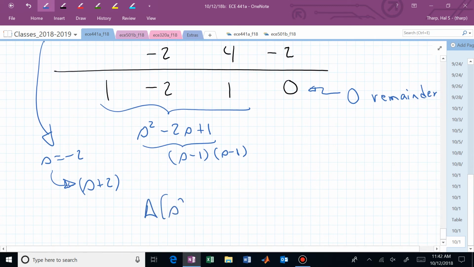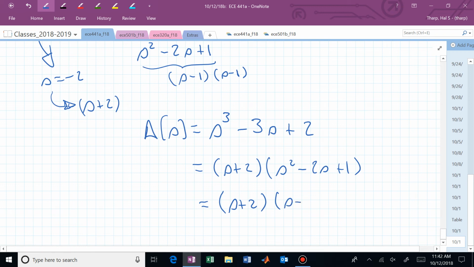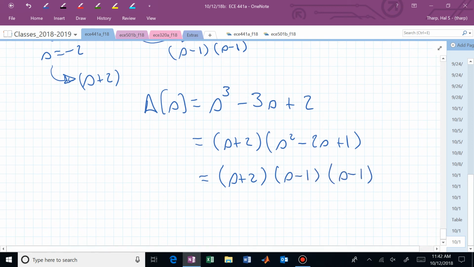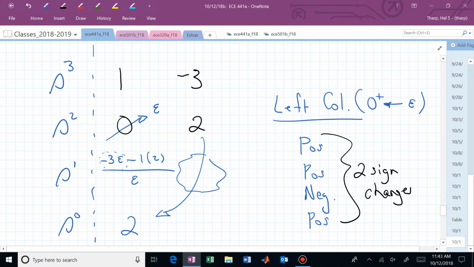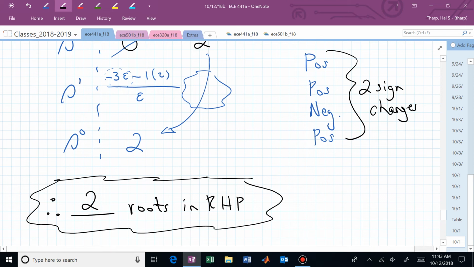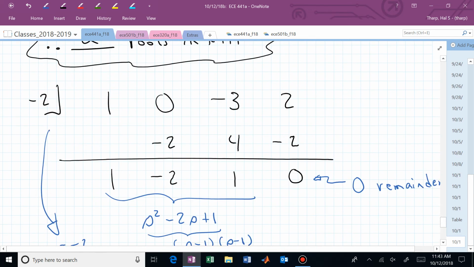Now we can see that the original polynomial, s cubed minus 3s plus 2, is in fact factored as s plus 2 times s squared minus 2s plus 1, or s plus 2, s minus 1, s minus 1. There are two roots that are positive, and now we've found where those positive roots are located. We didn't have to do that. We just did that for some extra information. We were able to conclude from the Routh array that we did have two roots in the right half plane. And this was case B, where we had a 0 element in the left column and non-zero entries to the right in that row. Let's look at one more example